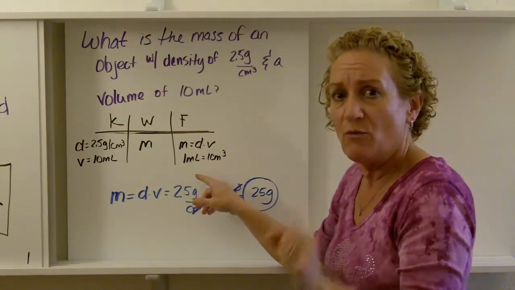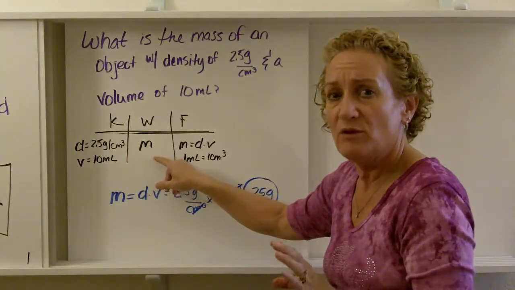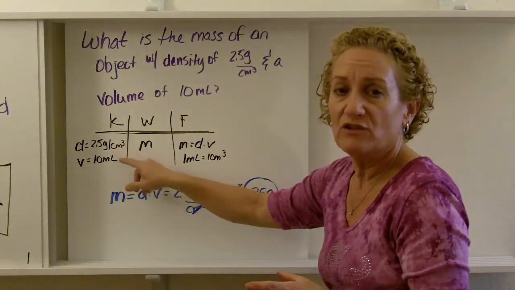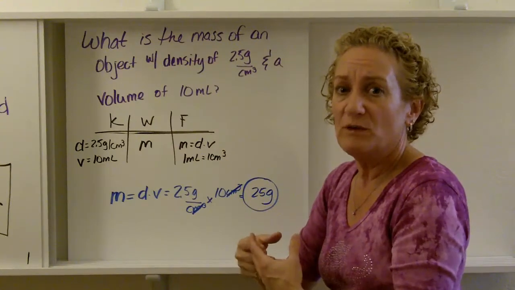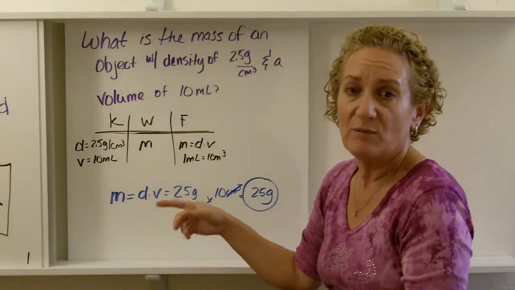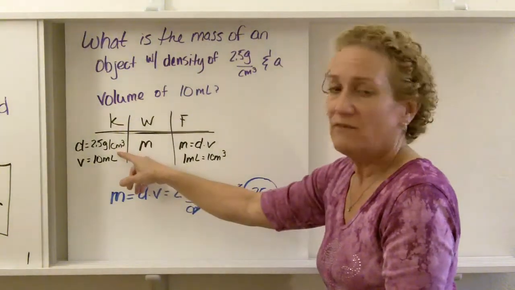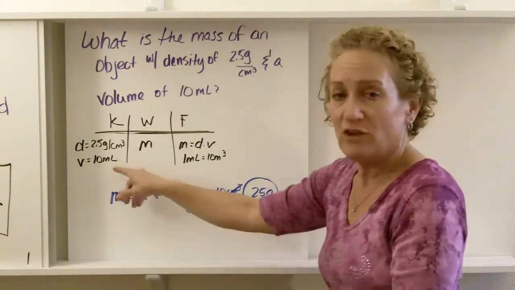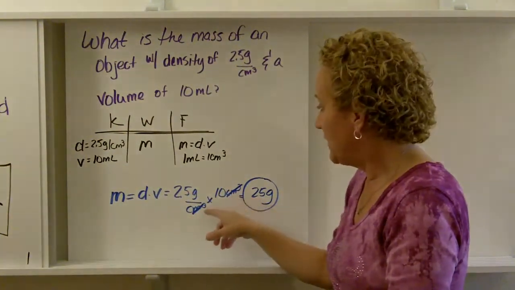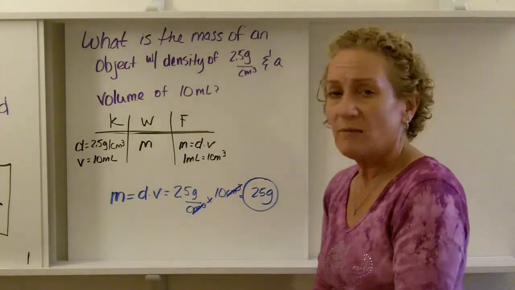The other thing I have to know is that 1 milliliter is 1 cubic centimeter, because I need my units to cancel out. If I'm left with mass, I want to be left with grams. And I need to make sure that I don't need to do any conversion there. But I know that 1 milliliter is 1 cubic centimeter. So I can simply say, instead of saying 10 milliliters, I can say 10 cubic centimeters. It's exactly the same thing. So here's my equation. Density, 2.5 grams per cubic centimeter, times volume, 10 milliliters. 2.5 times 10 is 25 grams. My cubic centimeters cancel out. I'm left with grams. That means I probably did it right because I have the right units. So there's your second practice problem.